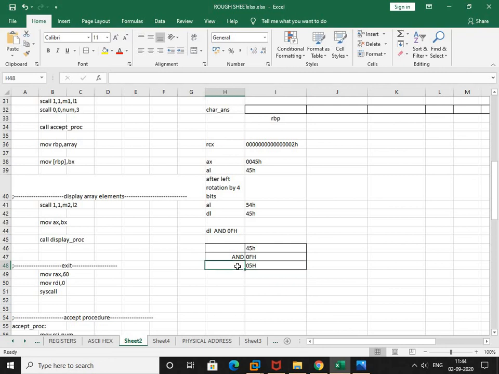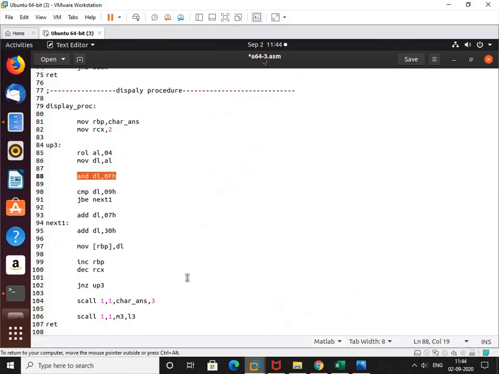Now after ANDing, my number will be present in DL. First it was present in DL, and again the result has been put into DL. Okay, next. Compare the content of DL with 09H.